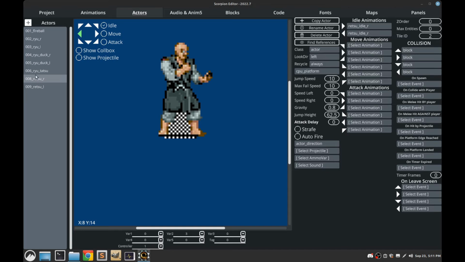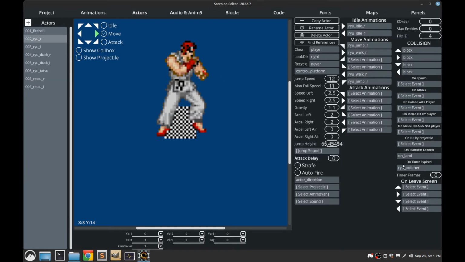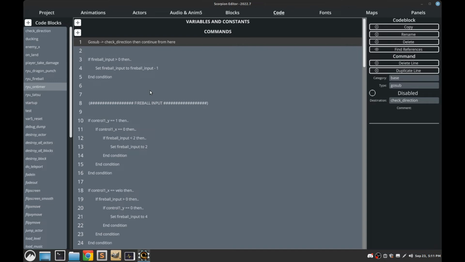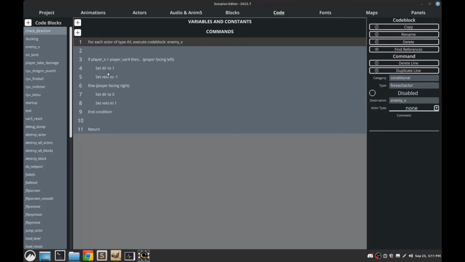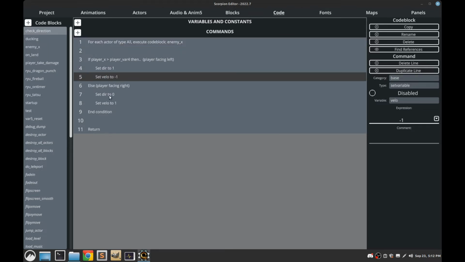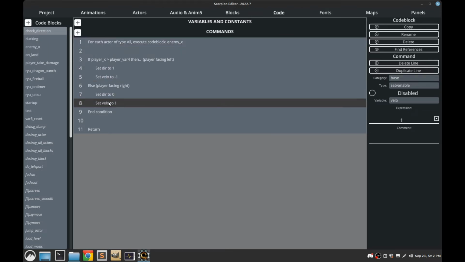So Ryu has a Ryu on timer script, which is what we're looking at. And the Ryu on timer script will confirm which way you're supposed to be facing with check direction. So like I said, for left, dir will be set to 1, velo -1. If you're facing right, dir will be set to 0, and velo to 1. So now if we go into the on Ryu on timer,